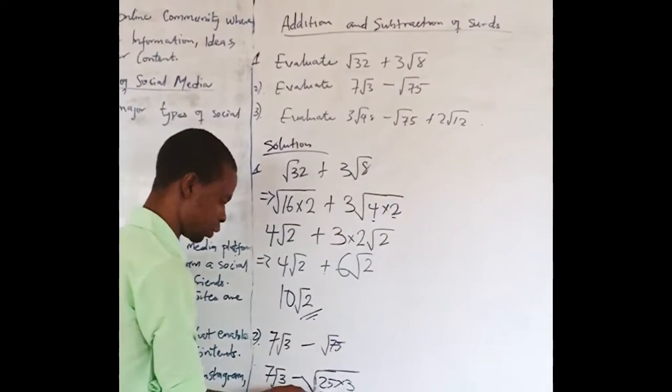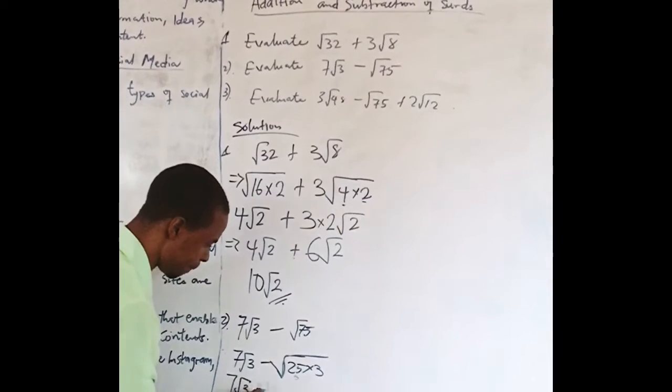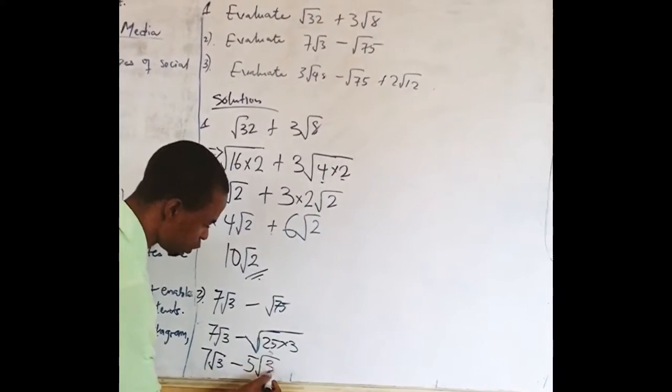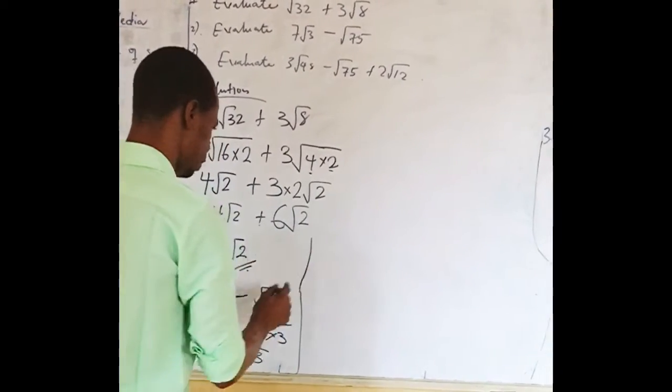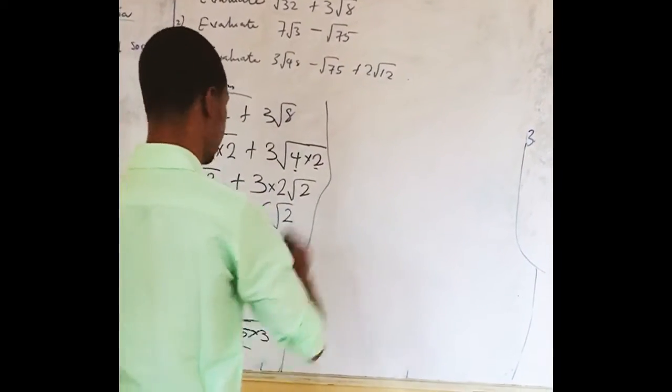Alright. Now this has the square root, so I'm going to find the square root of this. So I'm going to say 7 root 3 minus square root of this is 5. This will not have the square root, so you put it inside. Alright, let me continue from there. So I'm going to say that